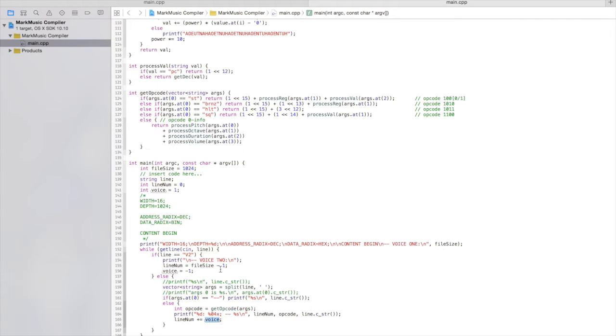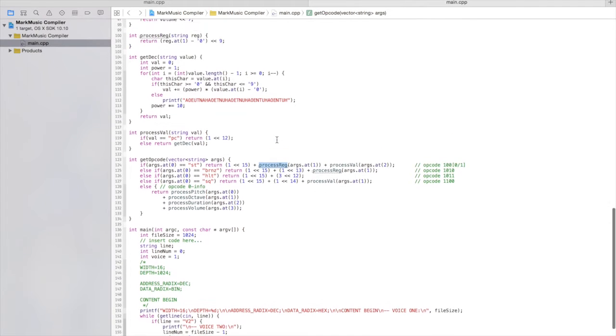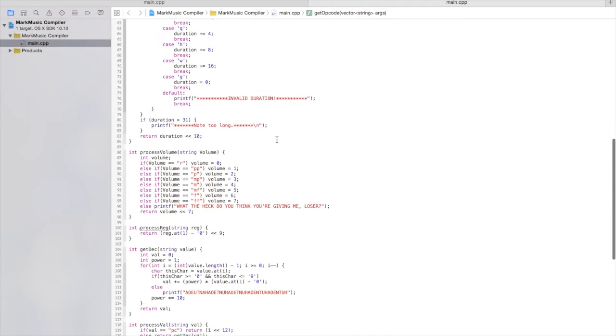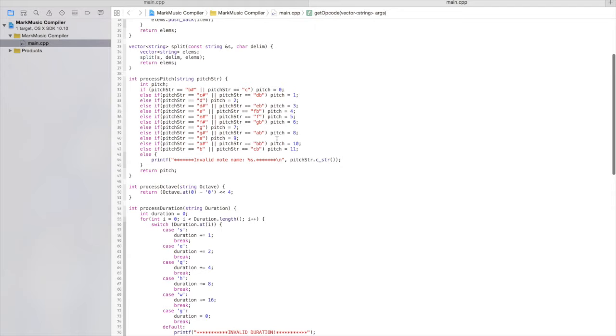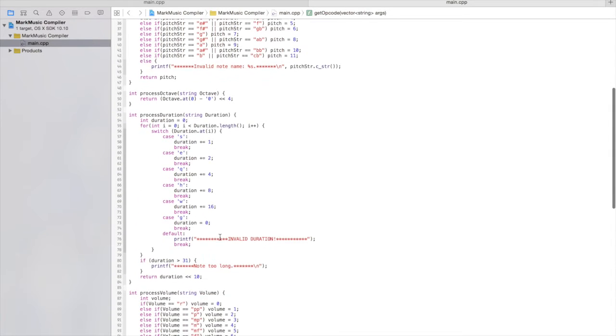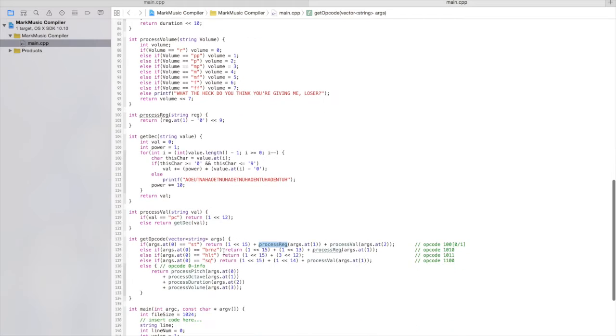So up here, the interesting function is the getOpcode function, which is right here. The getOpcode function looks at the first argument. If it's a store, for store immediate or store PC, it sets the higher order bit to 1, processes the register number, which is a case statement, not a case statement, sorry, it's right here, which just processes the register number and returns the value of it,